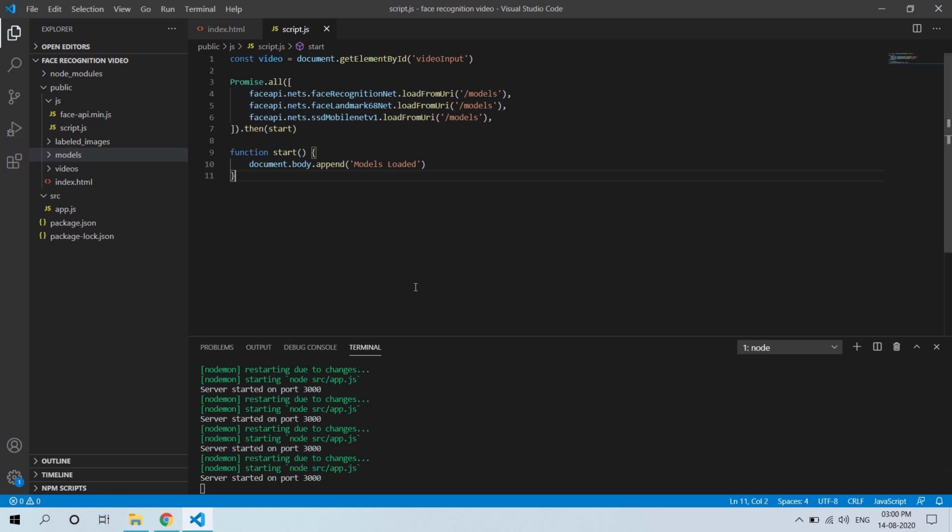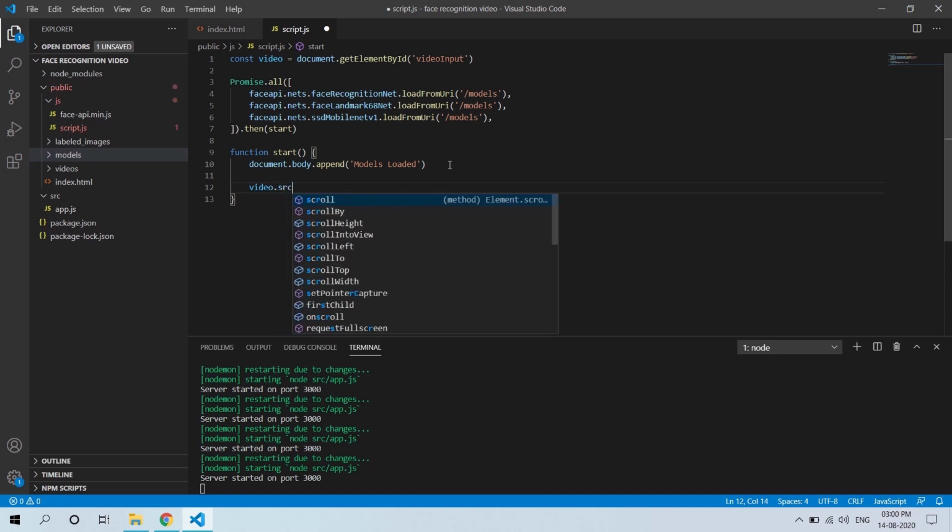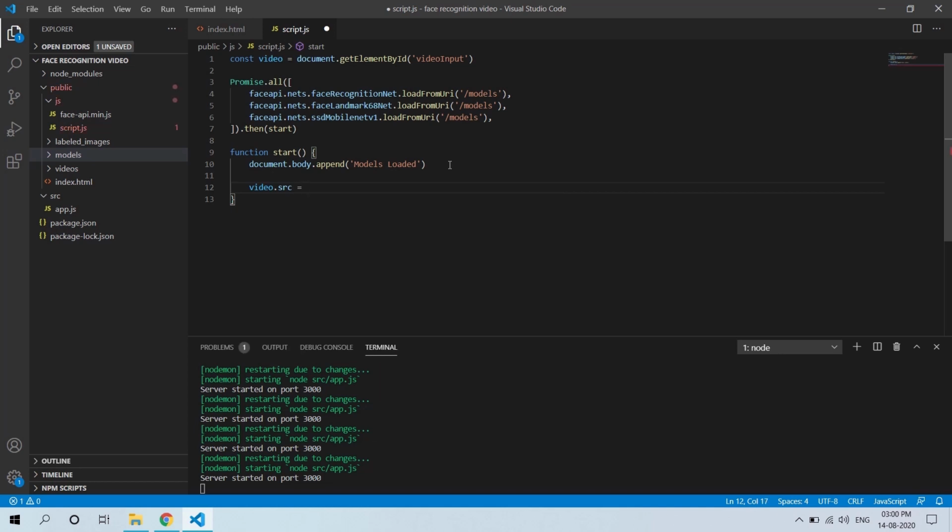After that we need a video for the video tag. To get that, I'm going to define a video source. Video.src is equal to, let's jump out of this folder which is JS and go into videos, slash, the file name is